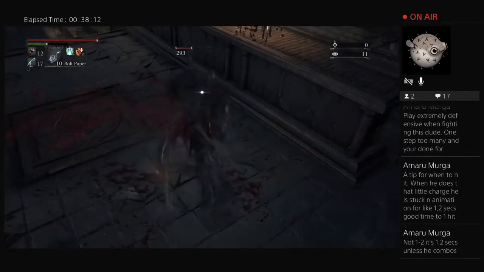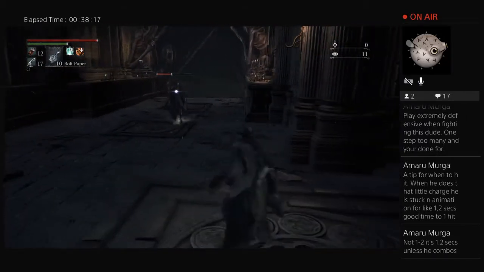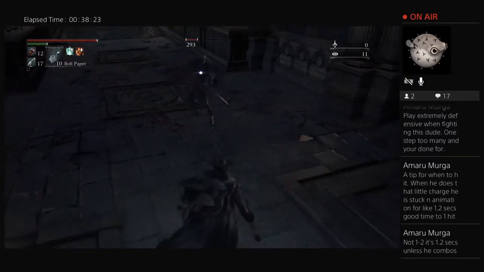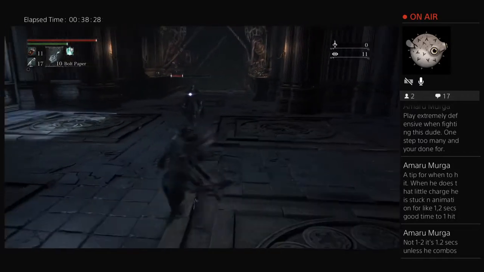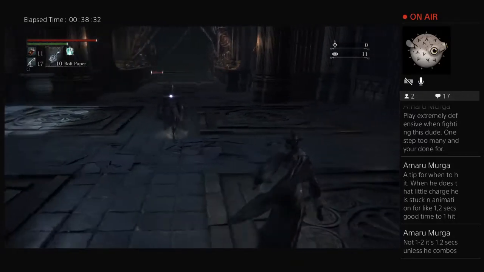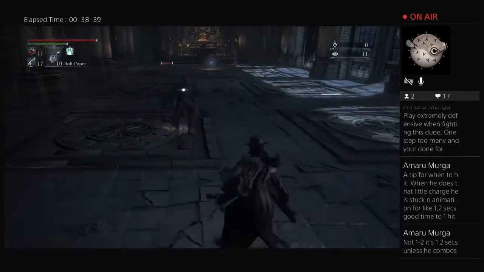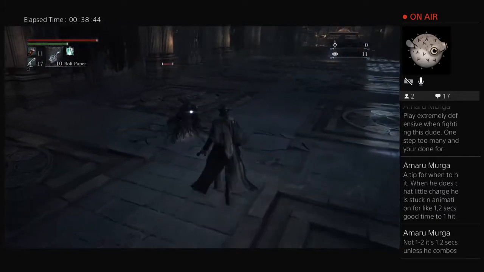That's got to have some lag to it. Yep, it does. Anytime he throws a talisman or a numbing mist or whatever it's called, that's got to have lag. Yeah, there we go. Oh, don't shoot me. So this seems like it's working okay. Let's see if I...